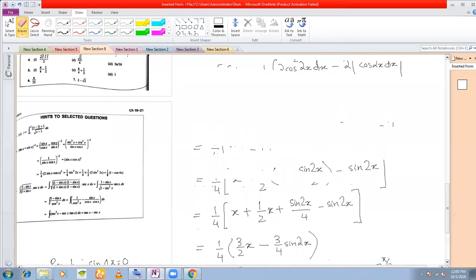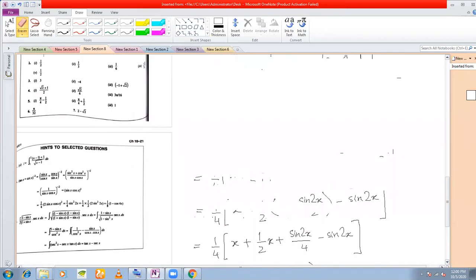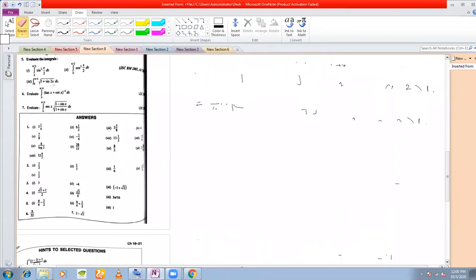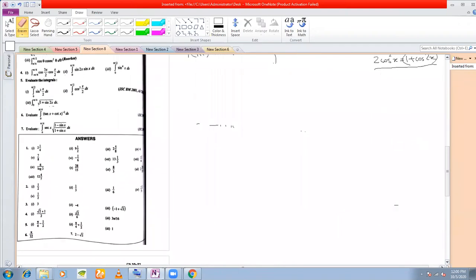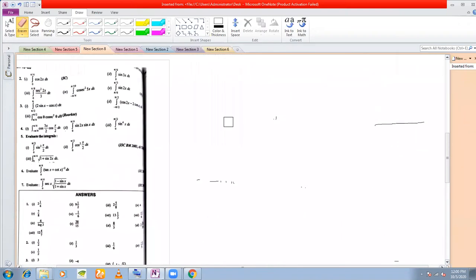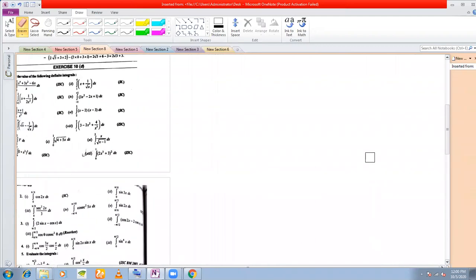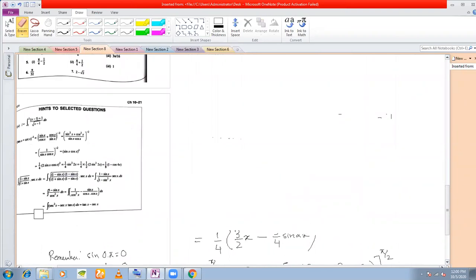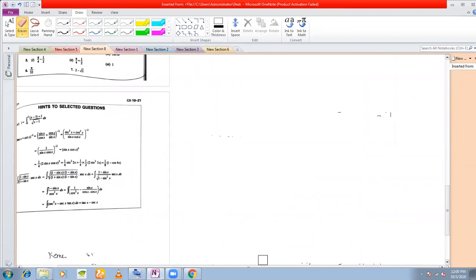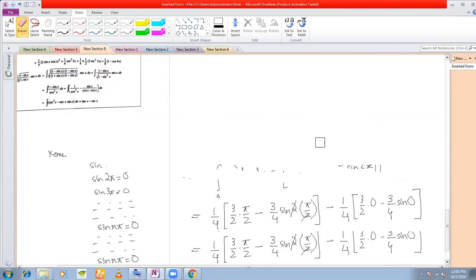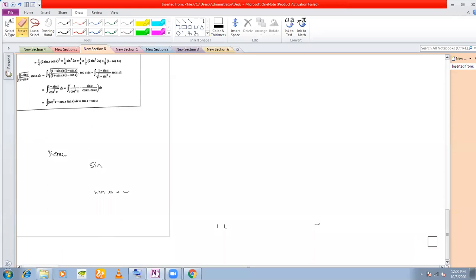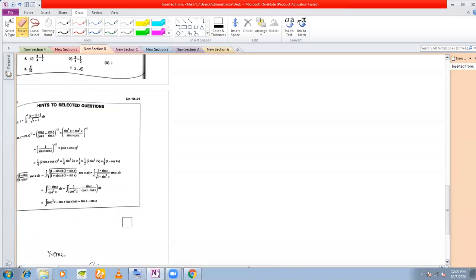Remember in your trigonometric equations when I was doing, what was the solution of sine theta is equal to 0? I gave you the solution. Just the formulas I gave you, if you remember. Theta is equal to n pi. So which means whenever sine is 0, the angle must be a multiple of pi, where n is an integer. It can be negative, it can be positive. So that is why remember always sine n pi is always 0.